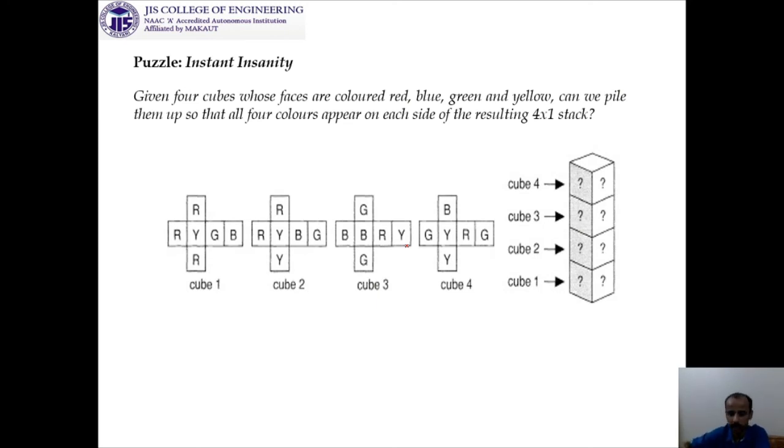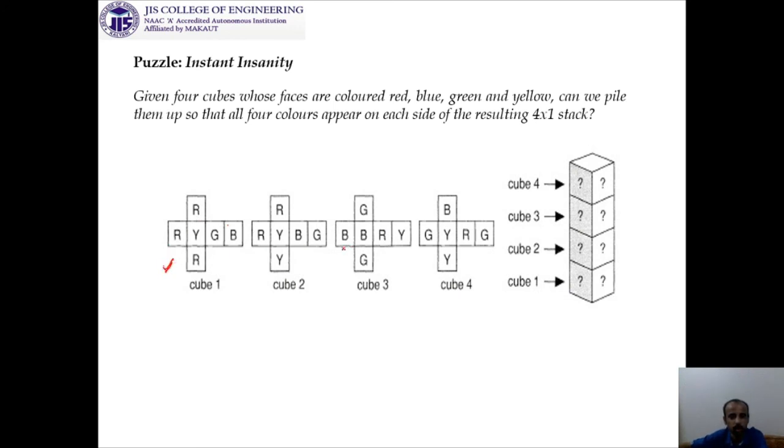So if you take for example this one, this is a cube actually. This cube is opened out for you so that you can understand, because in a 2-dimensional diagram it is tough for us to draw a 3-dimensional one. So look at this, this is the red side, this is yellow, this is green, this is blue. If you fold it up, then this green will be perpendicular to this plane, this red will be perpendicular to this plane, and B will be parallel to Y, and this R will be perpendicular, these two are also parallel. So this is a cube. I think it is now clear to you.